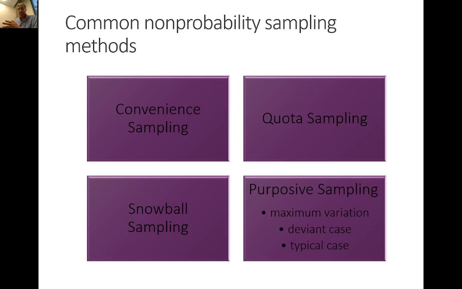So it's better than convenience sampling sometimes if that diversity matters for the topic you're studying. But quota sampling works with smallish sample sizes, somewhere on the scale between 10 to 100. Once you get beyond that, you might start thinking more about probability sampling. Snowball sampling means you start off with one person and they introduce you to other people that can participate